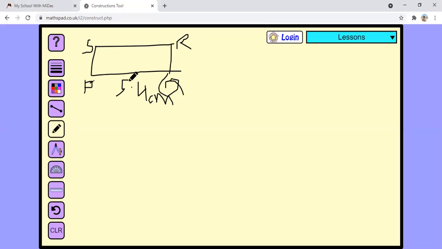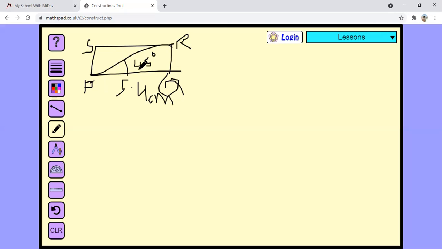And here is given one more thing, that is QPR is 45 degrees. Look here, QPR. That means this angle is given here, the angle made by the diagonal with this side. This diagonal PR is one diagonal, and this angle is given there, 45 degrees. One side is given, and the angle made by the diagonal with this side is given, 45 degrees.